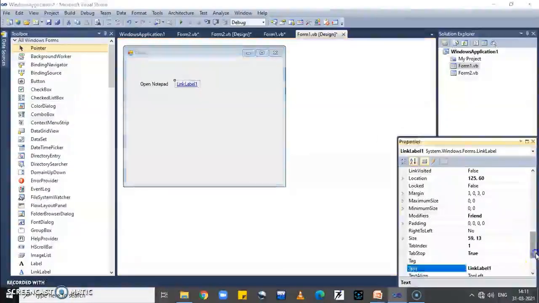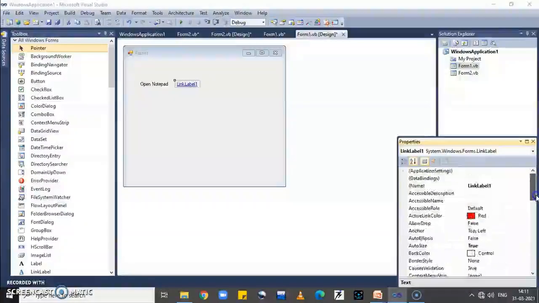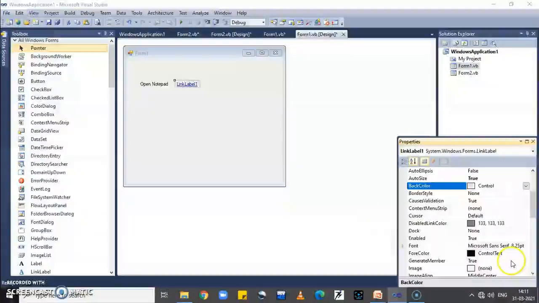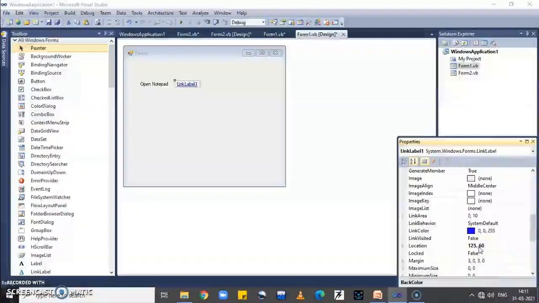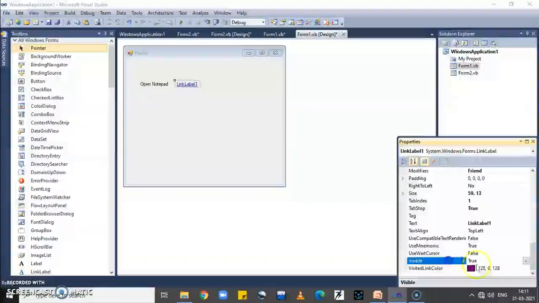Now again check the properties of link label. We can set the name property of the link label control. Then background color. Then we can set visible property. It has two values, true or false. Then text of link label. We can set the text of link label here.